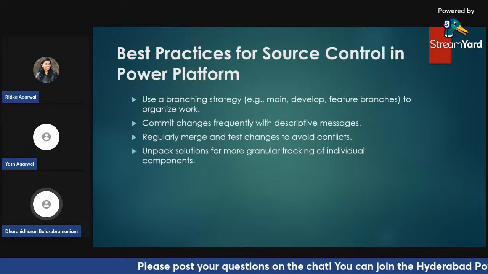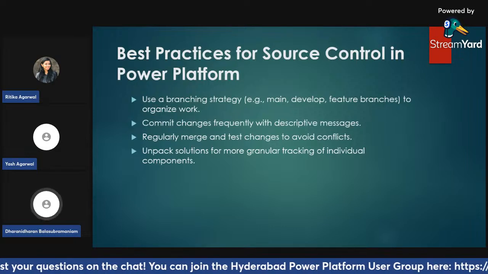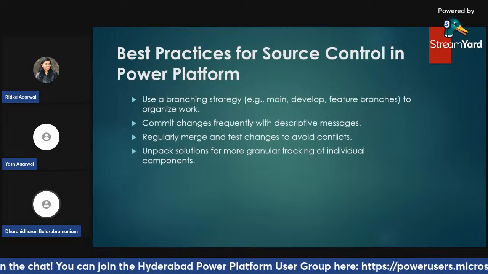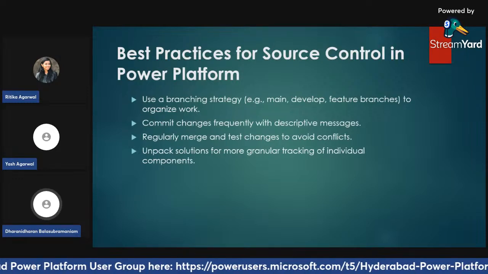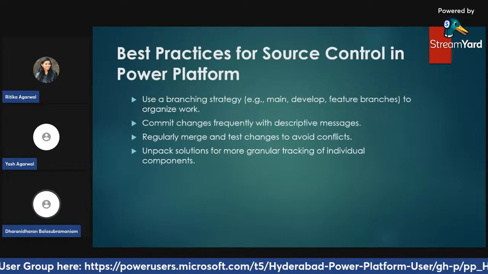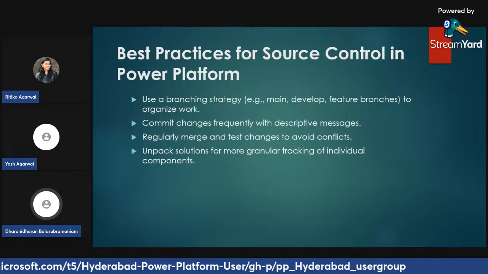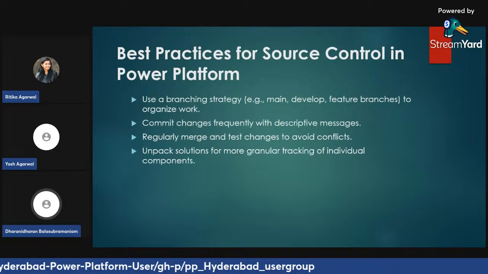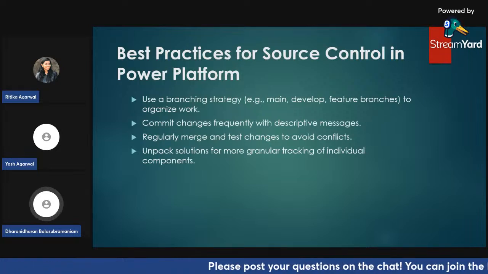And regularly we need to merge and test the changes to prevent conflicts. By frequently merging the changes, especially for shared components, we can minimize the risk of major conflicts that may arise during the production deployment. If they arise, obviously it will take a good amount of delay to fix, and we need to spend a lot of effort to find where the conflict is arising. So always merge and test the changes regularly and frequently so that it is easy.